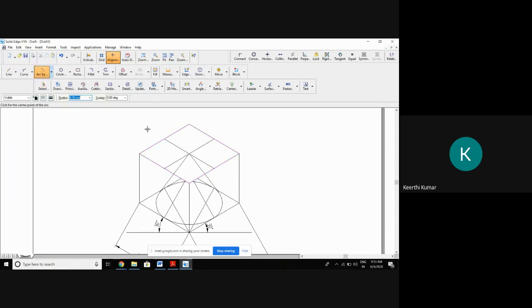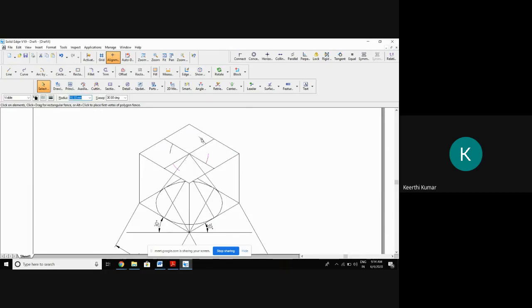So what are you supposed to do? Take a compass. From the center, you cut an arc of 20 into 0.8164. Cut an arc, clear? Similarly, you cut the arc this side, this side, this side. All the sides you try to cut. What is the radius of the arc we'll take for cutting an arc? What is the radius you will take? One point... See, this is 20 into 0.8164.